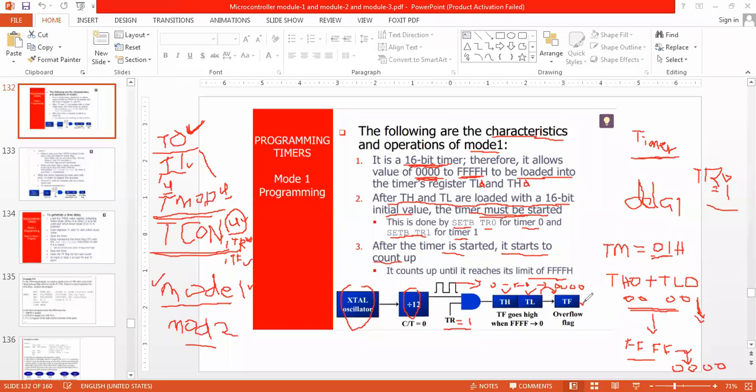Timer overflow flag, TF, timer overflow flag. That will automatically go high.